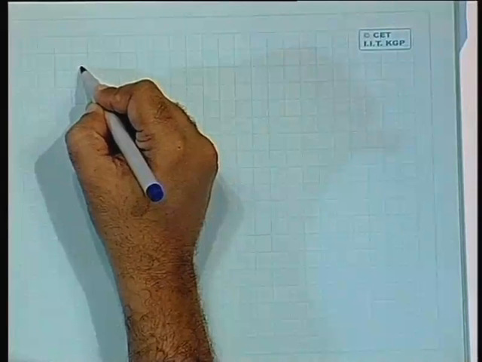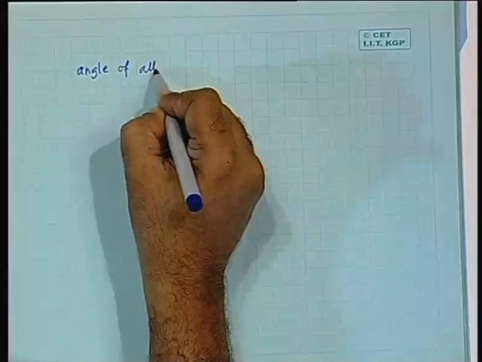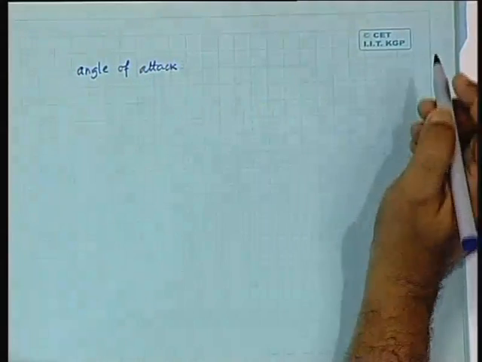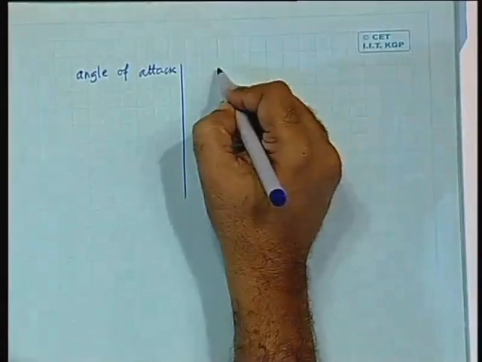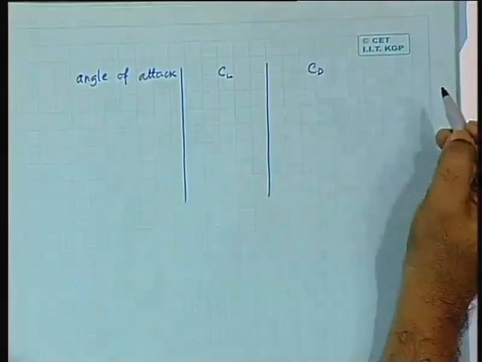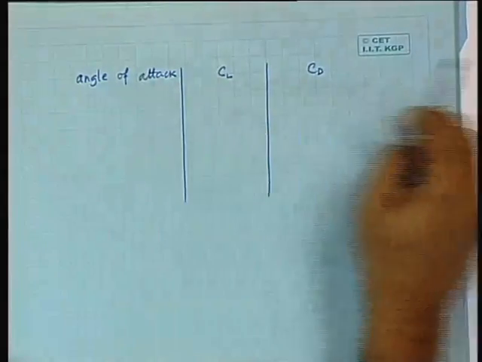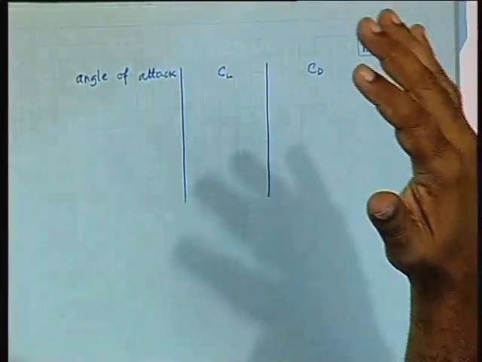the angle of attack versus CL, CD. Now, what is this angle of attack? You can keep the airfoil, if the air is blowing, you can keep the airfoil like this. You can also keep the airfoil like that. So that is the angle of attack, the angle at which the